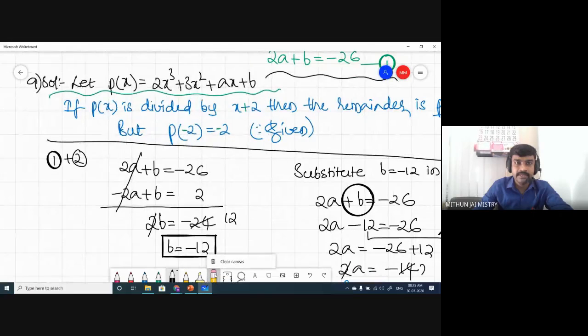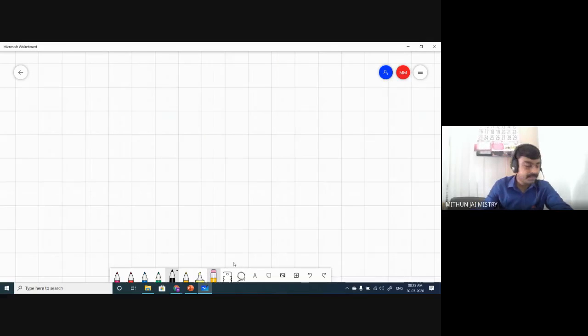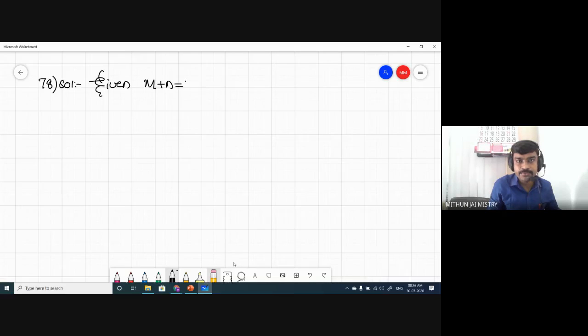Yeah, this is our whiteboard. Let me clear this. This is all 9th class. Question number 78. I have brought the textbook also here so that every time I don't move back to the presentation. Here, two things are given. M plus n is given as 14. Given m plus n is equal to 14. And one more thing is given, that is m into n, which is given as 48. And what we want is m minus n equal to question mark.